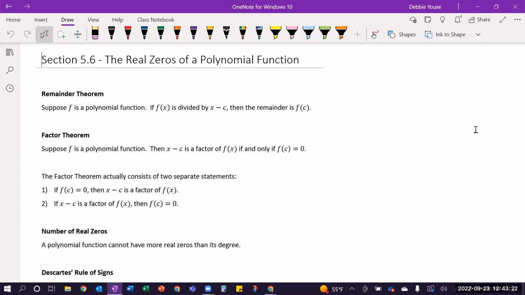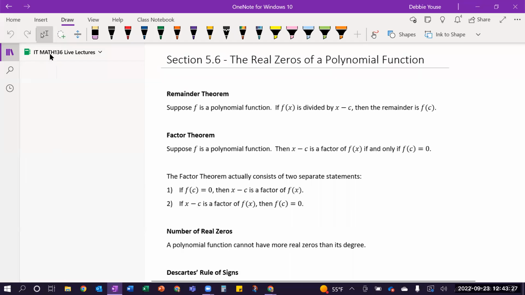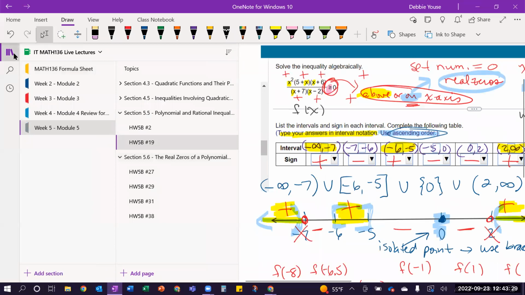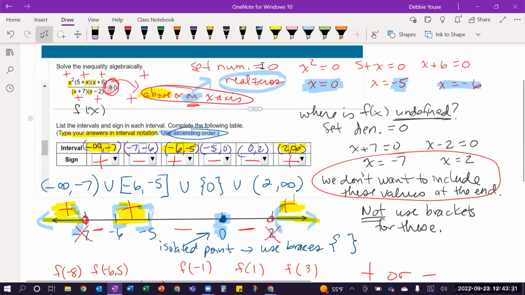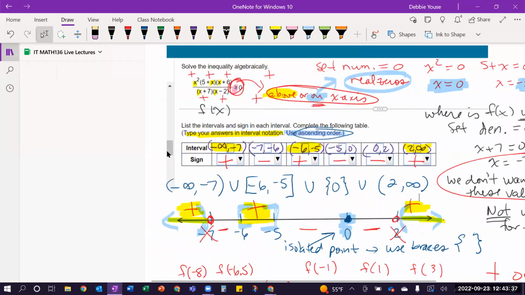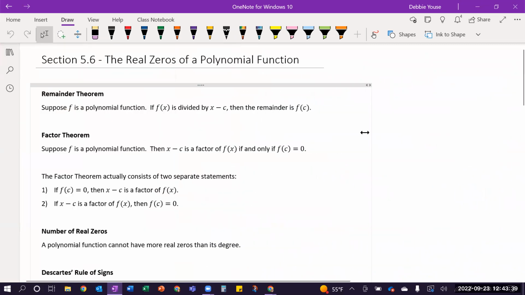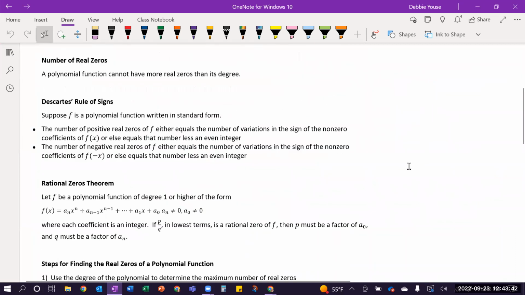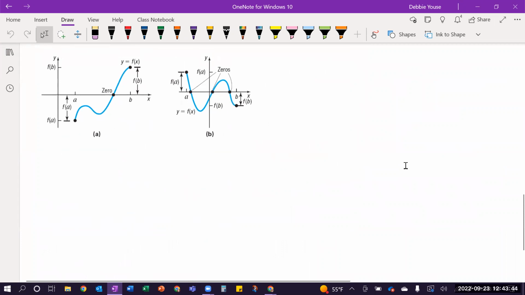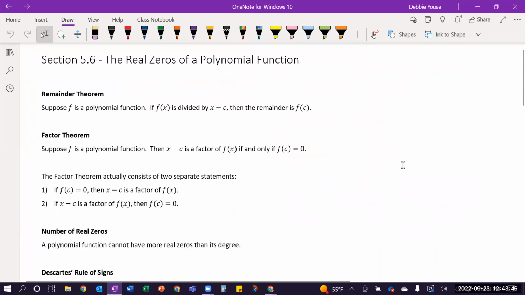So continuing with polynomials, we talk about real zeros. Well, I used the real zeros in the last problem, right? I talked about how if I set the numerator equal to 0, that's really finding the real zeros of the function, or that is the same thing as x-intercepts on the graph. So we're continuing with that idea here in section 5.6. There's a lot of things in this section for rules, and I just have a few of them copied here. I'm not going to read all these,